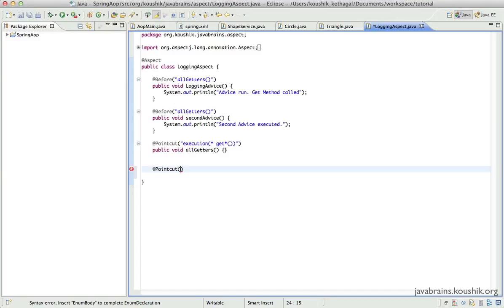@Pointcut, execution of, now irrespective of whether it's a public or anything else, irrespective of the return type, and irrespective of the method name, and irrespective of the parameters. All that I need to say is only methods of the circle. So for that, all I do is I say Circle.*